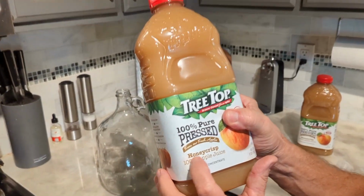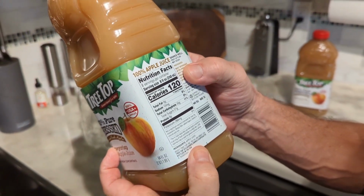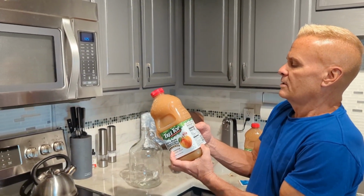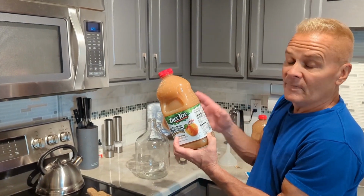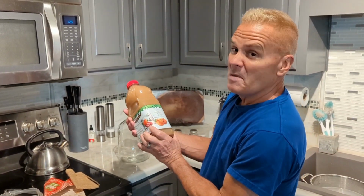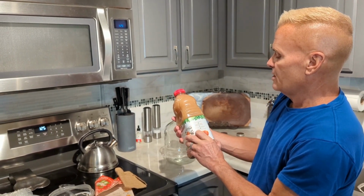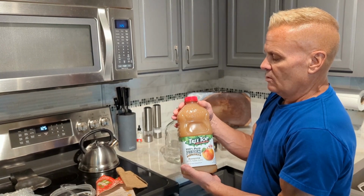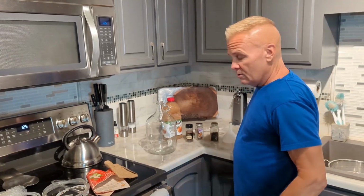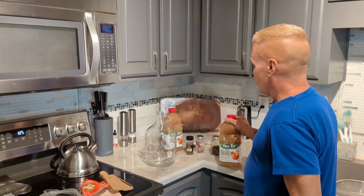100% pure pressed Honeycrisp apple juice, and it's been pasteurized, which is okay because some people say no, but most people say yes. It's better that way. It must be refrigerated after opening, but see, we're gonna make a hard cider out of it, so it doesn't really matter because it's going to ferment anyway. So you got 100% juice, nothing added, nothing artificial, never from concentrate, just simple, honest juice. And this is what I learned too, is to try to use something that is not concentrated, 100% juice. I've never used this; it has all that sediment in it, but I'm gonna try it to see how it